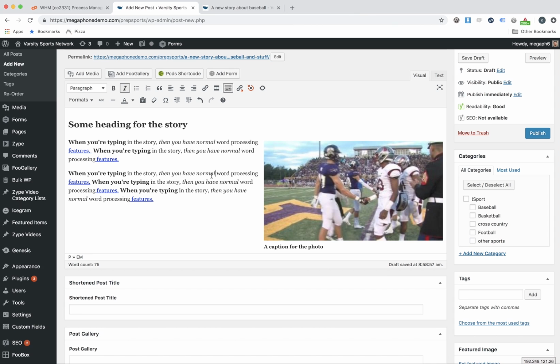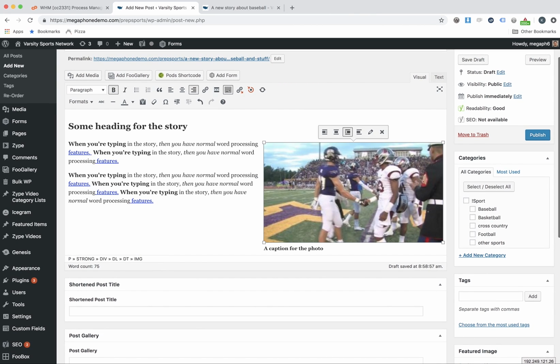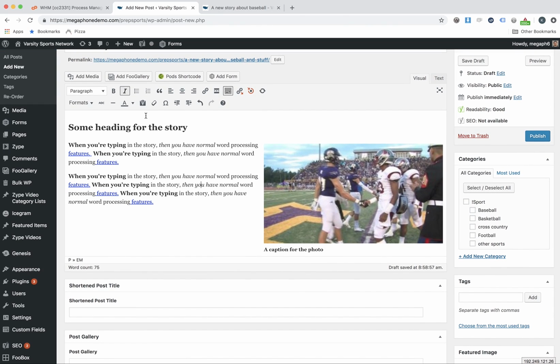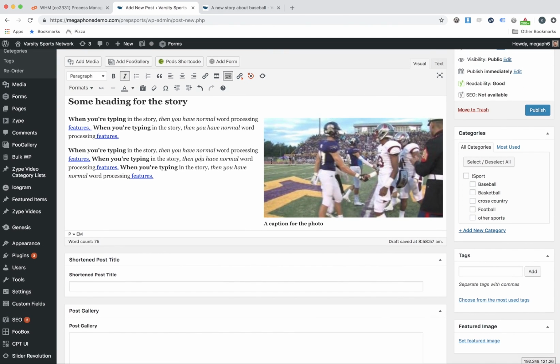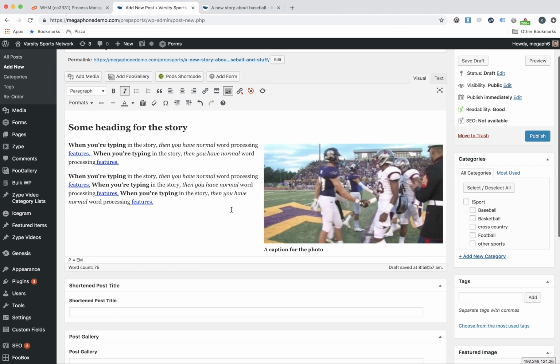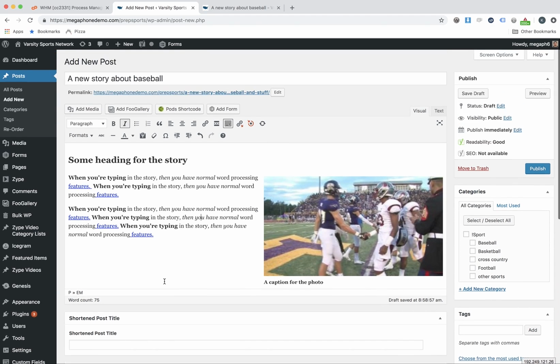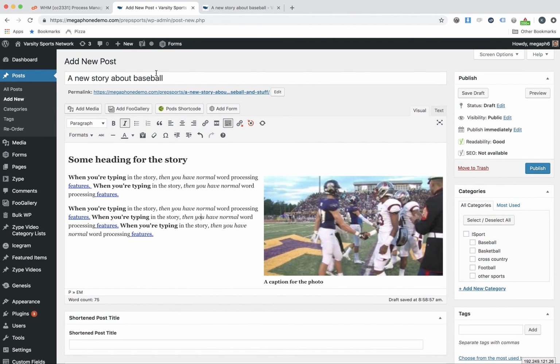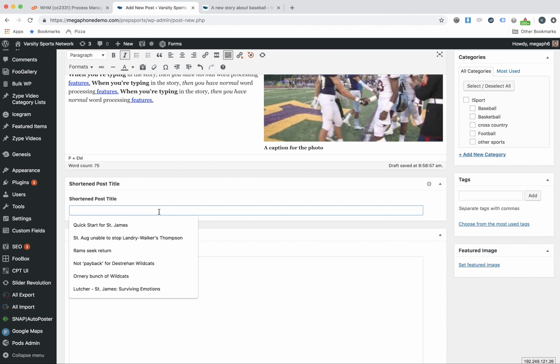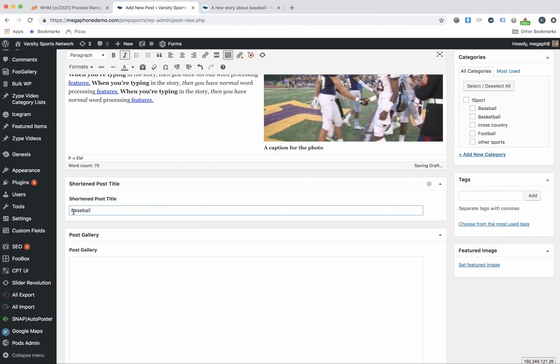So we work through this, we get all the text just right. A lot of the time it's just going to be text and no image inside here, but we have that as an example just in case. And then we keep on working down the page. And we have a place here for a shortened title. This is what's going to show up on the slider on the home page. And right now this is a really short title anyway. But if we wanted to make it even shorter and just say baseball, then we could do that. And whatever the shortened title is, that's what's going to show up on that slider